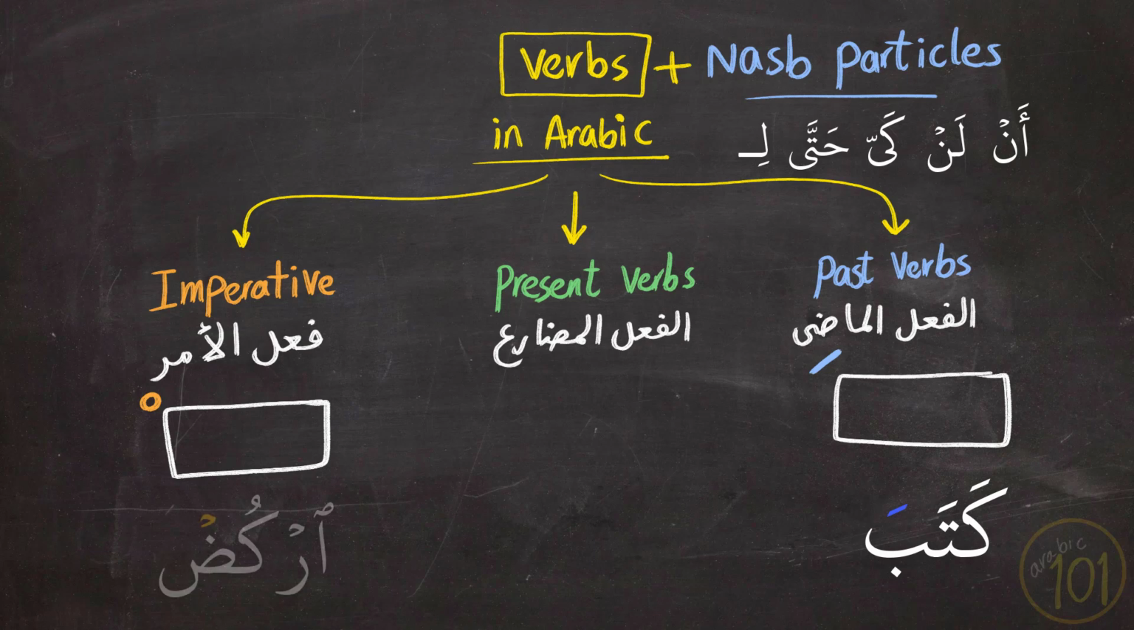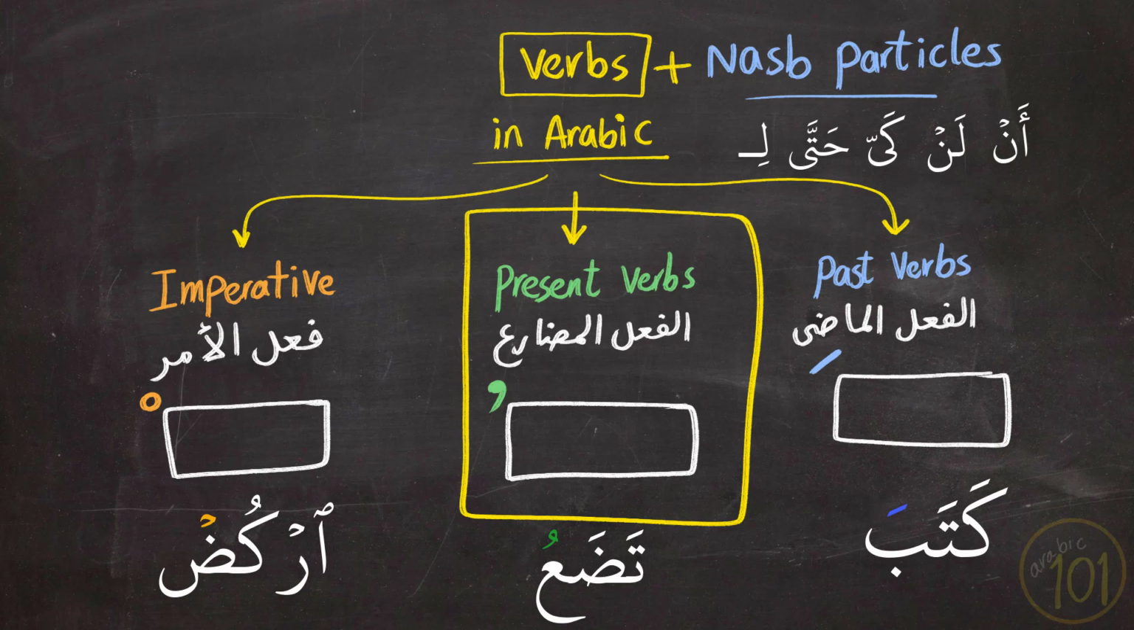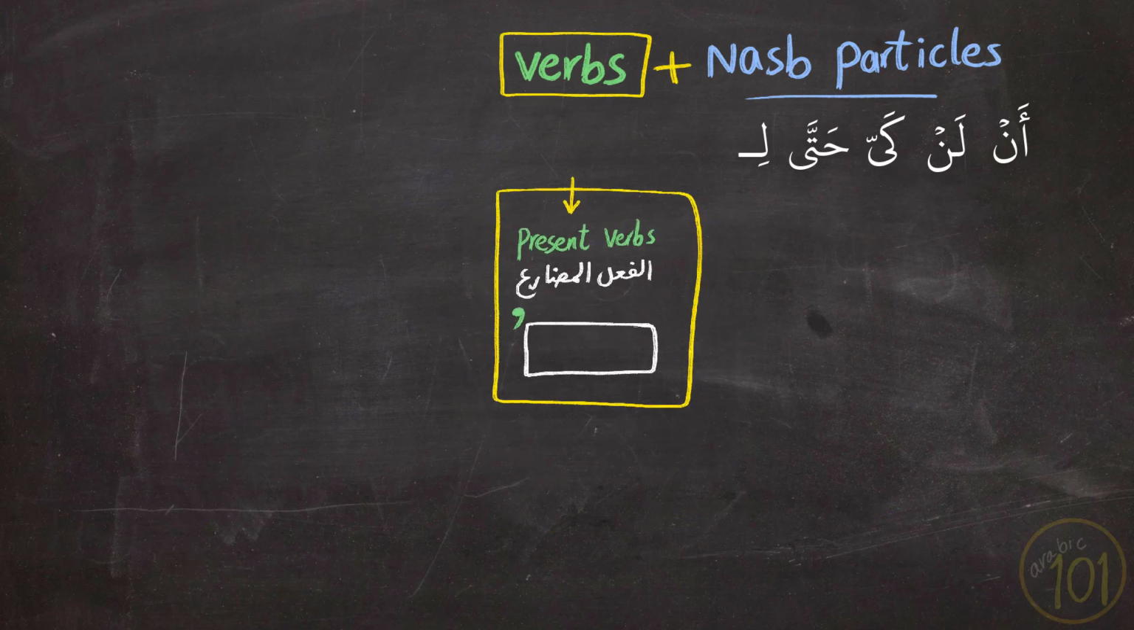Like when we say urkud, the dad at the end of the verb has sukoon. But present verbs are in rafa state, which means that normally they would have dhamma at the end of the verb, like the verb tada'u with dhamma at the end of the verb. Particles of nasb can only and exclusively occur before present verbs, and they will never be used with past or imperative verbs. And when any of the particles of nasb come before any present verb, they will affect them in